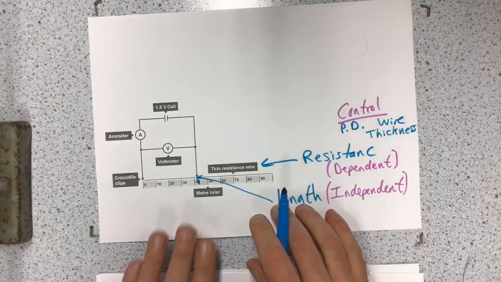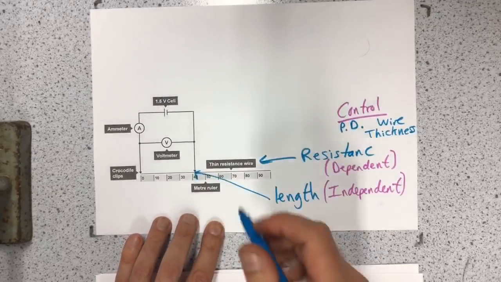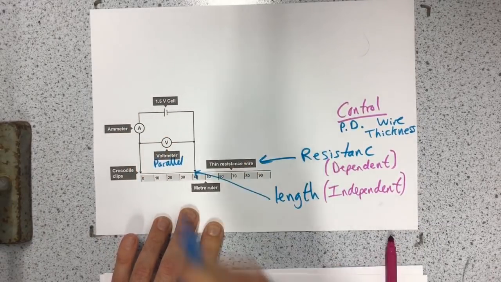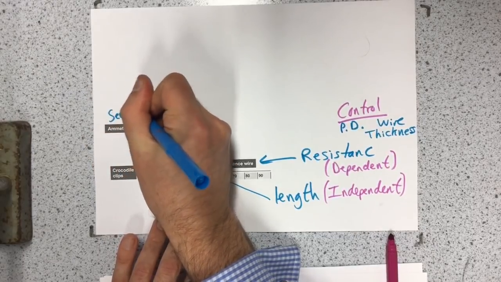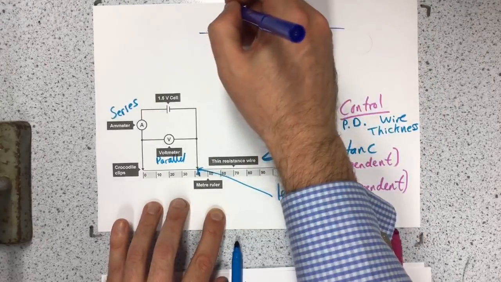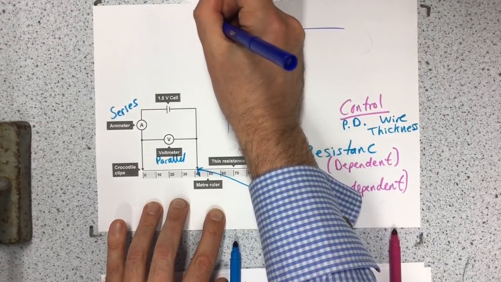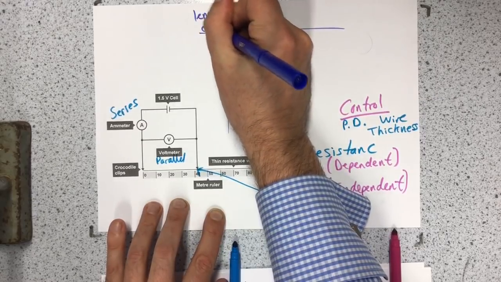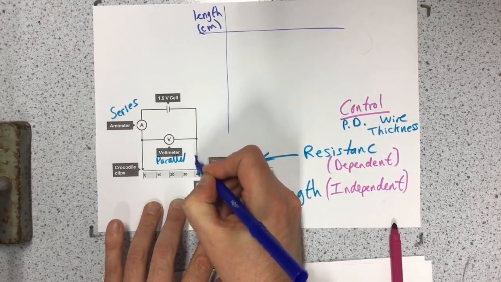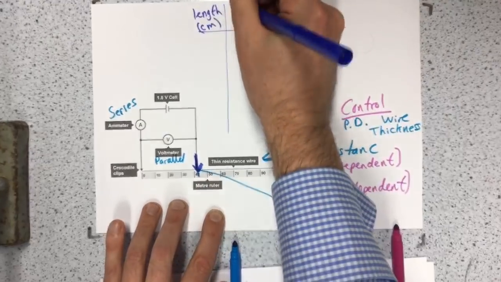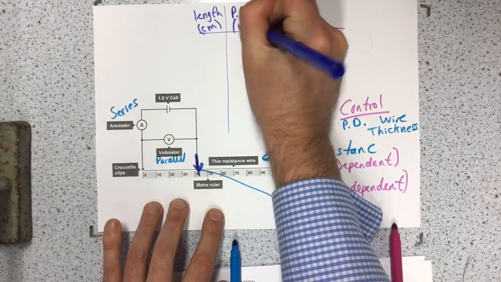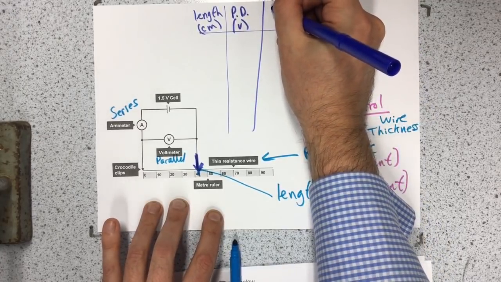So in the experiment, what you do is you set up a circuit. Your voltmeter is always in parallel in your circuit, and your ammeter is always in series. So in this experiment, you have a very straightforward results table where you have the length, centimeters will do for the length. And you will take readings as you move this crocodile clip here along the wire of the meter ruler. And every time you move the wire, you will measure the potential difference in volts, and you will measure the current